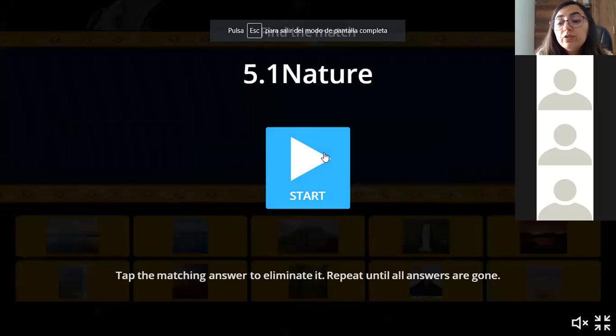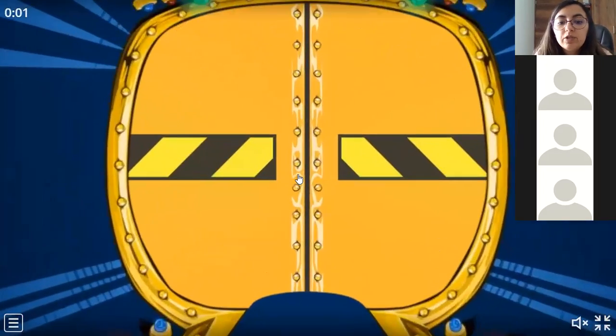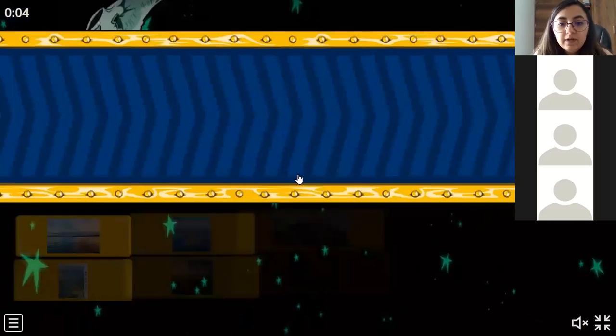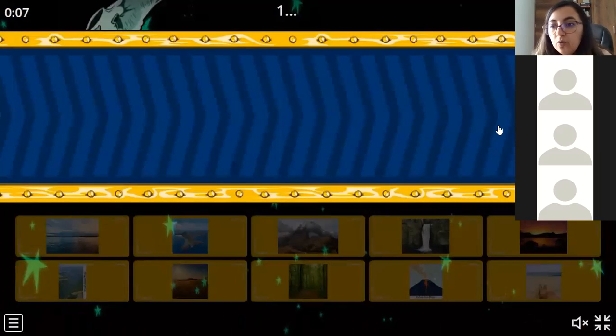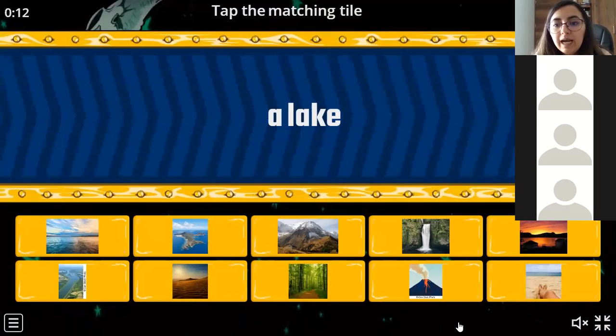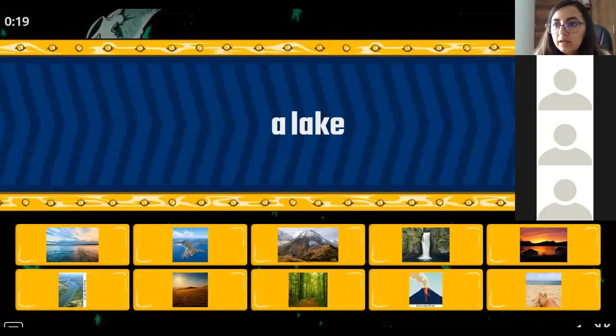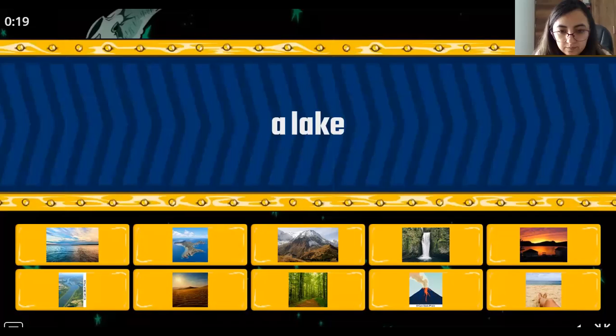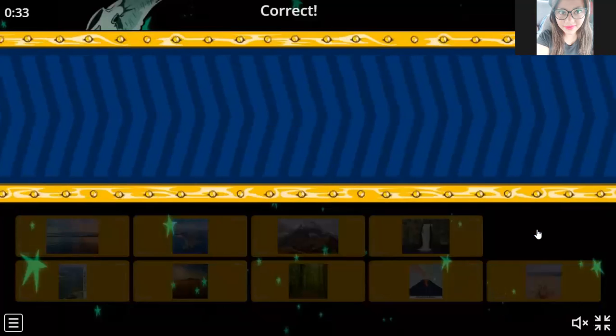Yes. You're going to help me join the word that is going to show up on the screen with the corresponding picture. Okay, we're gonna match. Vamos a unir las frases con los dibujos. Which one do you think is a lake, guys? ¿Cuál será un lago de todas las imágenes que tenemos aquí? Which one do you think is a lake? Picture 5. This one? Yes, number 5. Okay, let's see. Good. You got it.